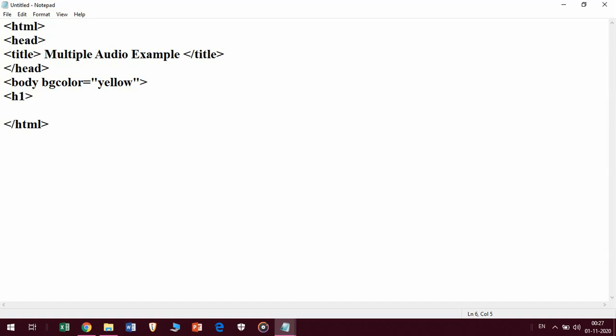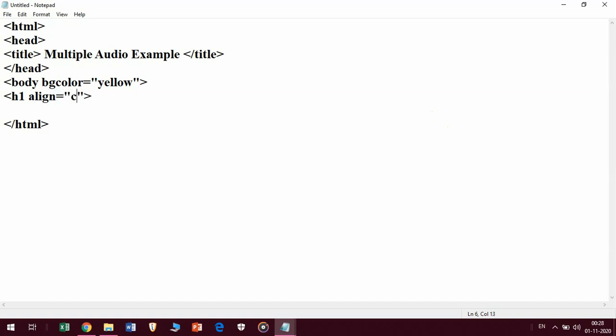Now to give the heading onto my web page. The title I have used will not be seen on my web page, but whatever I write in this h1 header tag will be displayed on my web page. I am giving alignment just for the effect, to look more presentable.